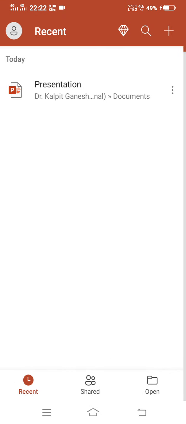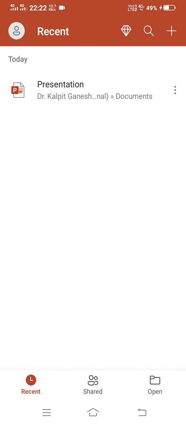So there is no need to save like we save our presentation by clicking the save option on a computer or laptop. In this smartphone version, your presentation is saved automatically. There is no saving option or Control S option. Now it is taking a little bit of time, but it will be saved in my smartphone. So this is how we can use Microsoft PowerPoint on our smartphone to create a slideshow. Now you can see my presentation is saved.